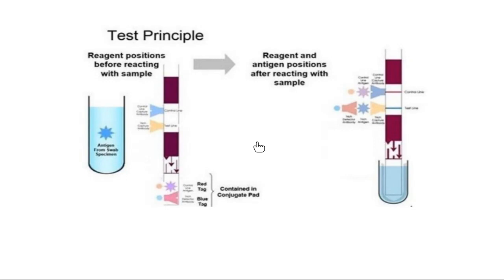We have these kits in the labs. It contains solution A and solution B, which have sodium nitrite as well as acetic acid. We put 4 drops of both in the tube. Then we put our swab into this solution and rotate it 10 times. Then leave it for 1 minute. After 1 minute, we take a drop from the solution.